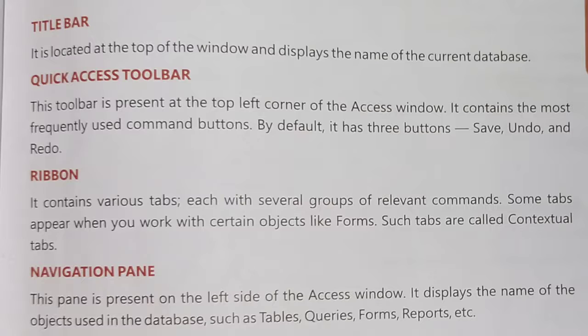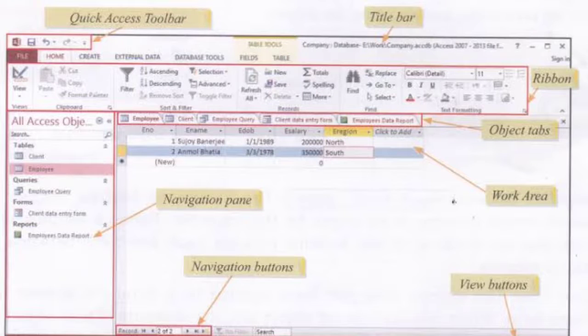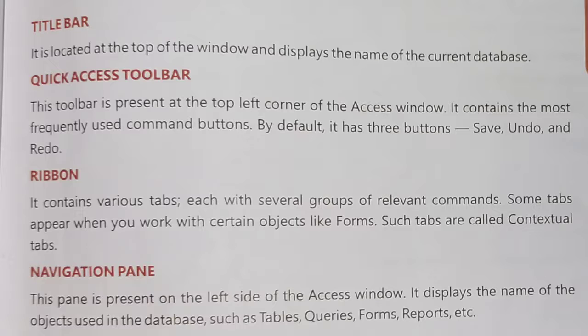The ribbon is a user interface element which was introduced by Microsoft in Microsoft Office, and it is located below the quick access toolbar and the title bar, and it contains various tabs, each with several groups of relevant commands, as is shown in the image. Okay,